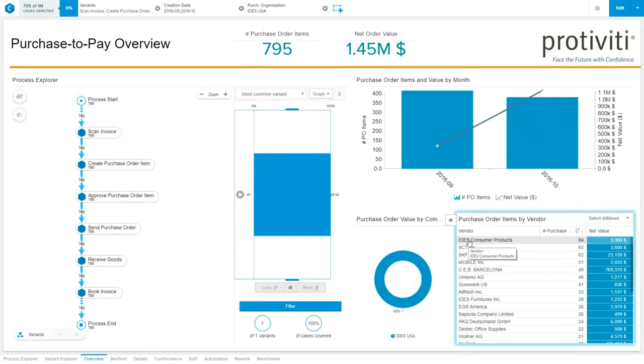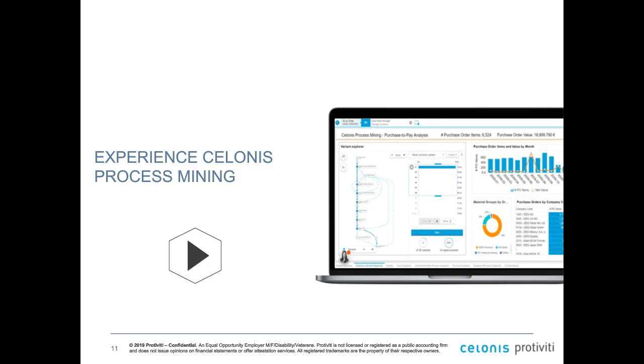It's just a starting point for how to drill down and learn more about the processes, from taking a step back and seeing the full transparency of everything happening at the company within the process, drilling down to single cases, single outliers, and learning more about the root causes through the drill down. And now this is more the technology part. I would like to give it back to Andrew to learn more about how internal audit departments can use that.